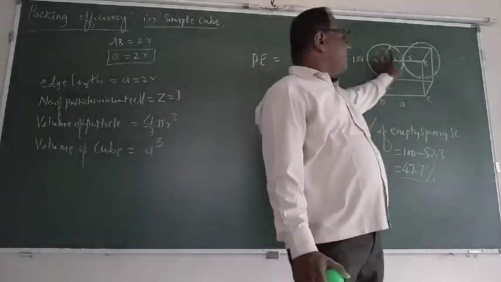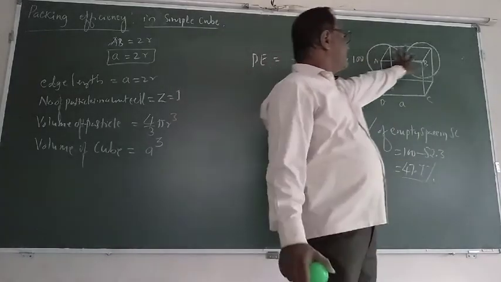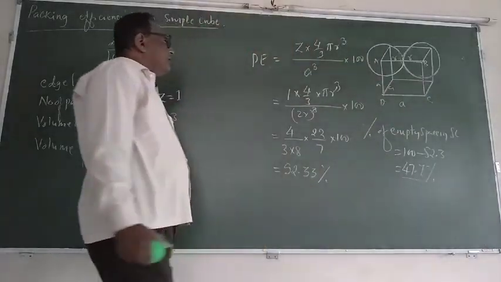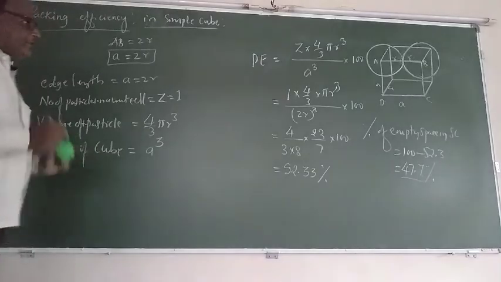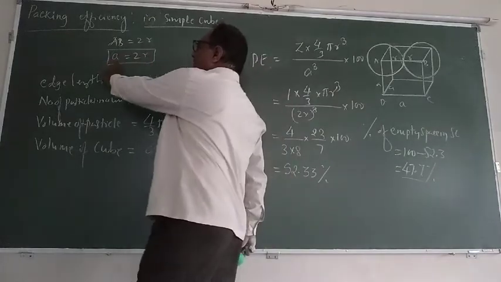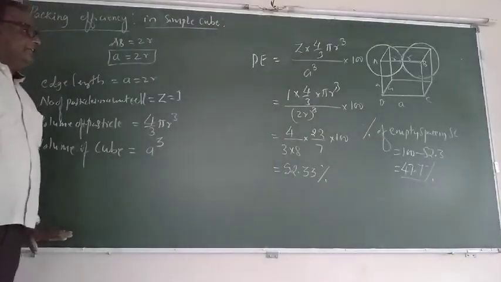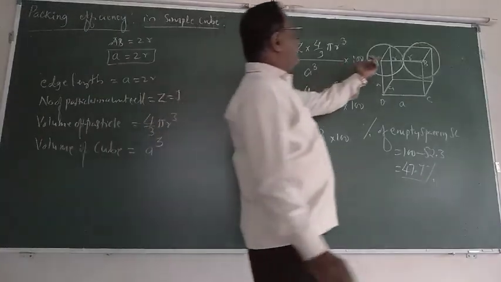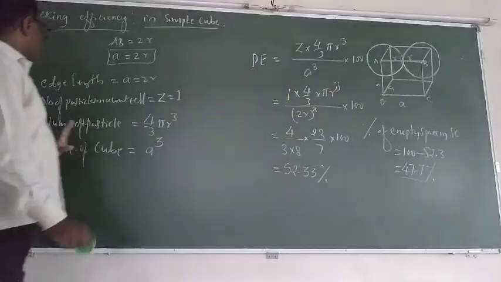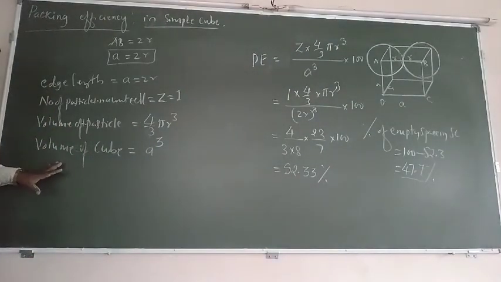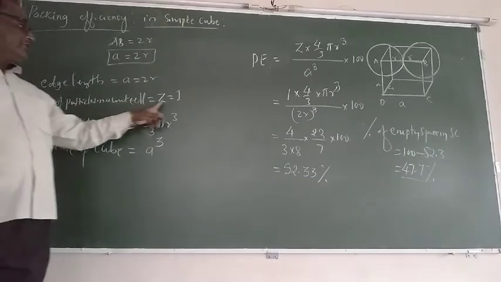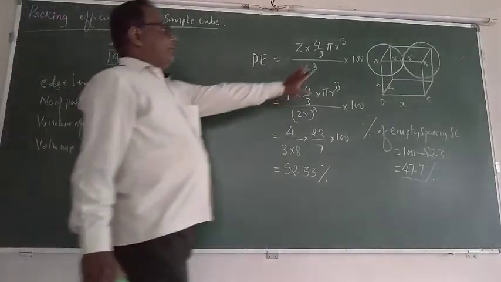In a simple cube, the particles are present on the corners. Just to know, this is the shape of the unit cell of the simple cube. Now, first of all, what is the relationship between the edge length and radius of the particle? In case of the simple cube, the edge length AB is equal to R plus R. That is, A is equal to 2R. Now we have to write these 3-4 points. The first one is the edge length A is equal to 2R. Number of particles in the unit cell Z is equal to 1. Because the particles in simple cube